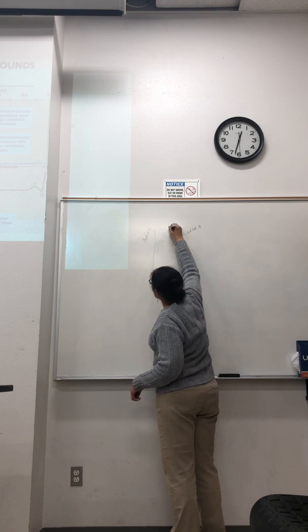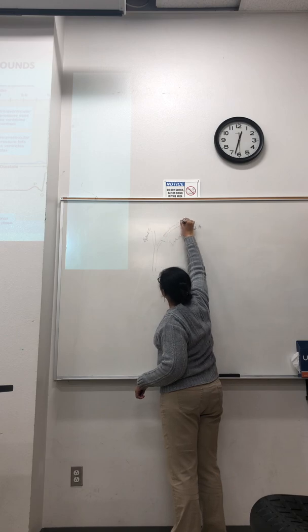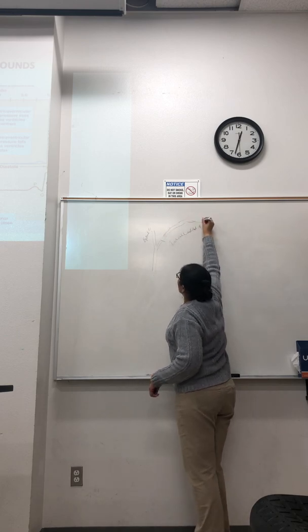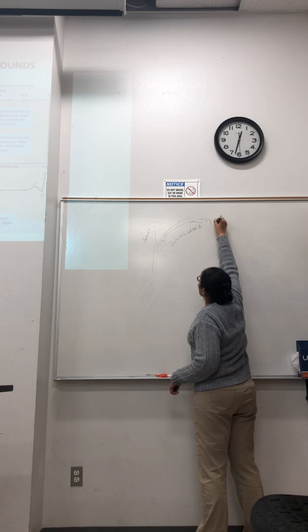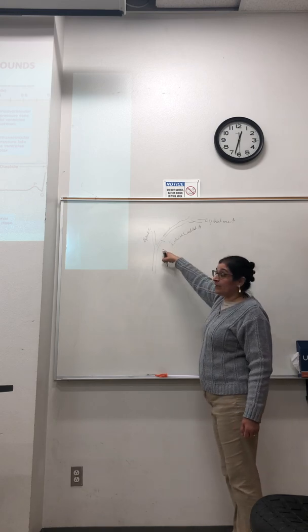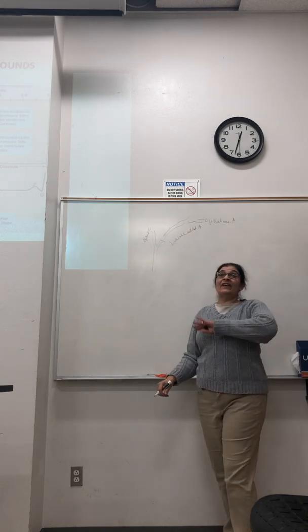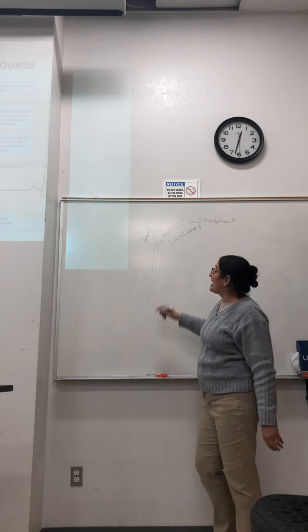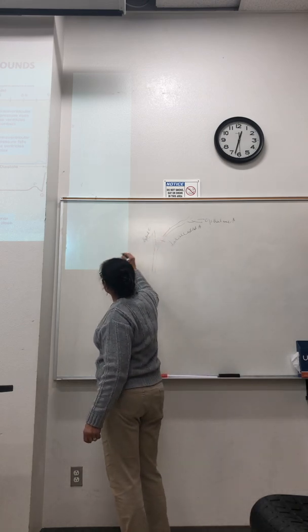The internal carotid artery will become the ophthalmic artery. But your external carotid artery gives out a number of branches. So those branches include